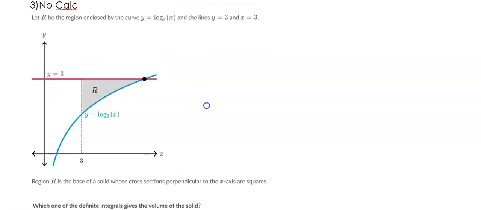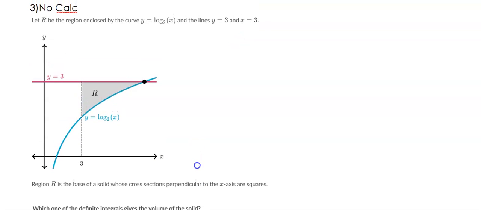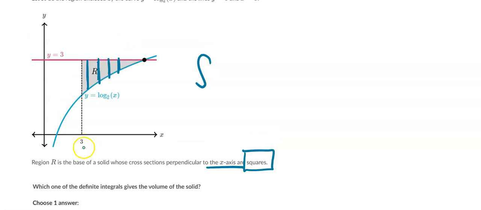Number 3 gives us the shape log base 2, and these two endpoints for our y and our x, as shown in the figure below. It says that we're going to do cross sections that are perpendicular to the x-axis, so that means we're going to be leaving things in terms of x, and we're going to be using cross sections that are squares. So then we're going to need really just to know what the length of one side is, and then we'll square it. So when we're setting up this integral, we are using x values, the first of which is given